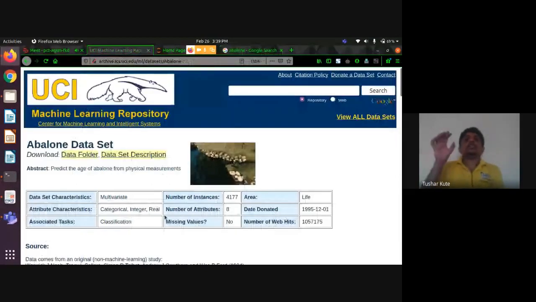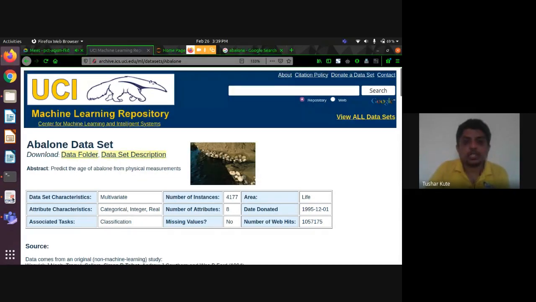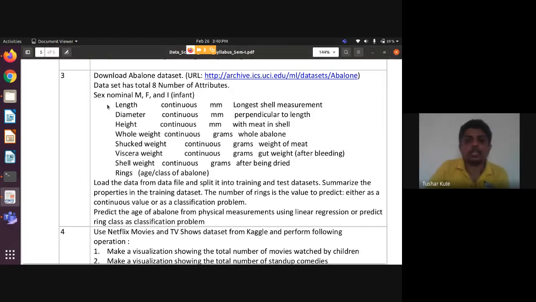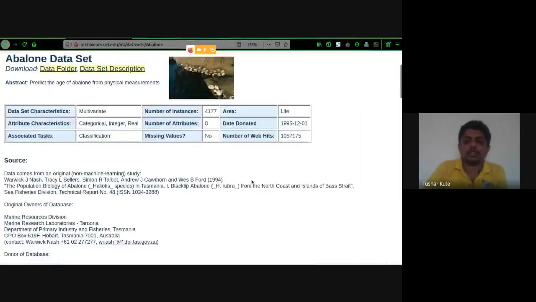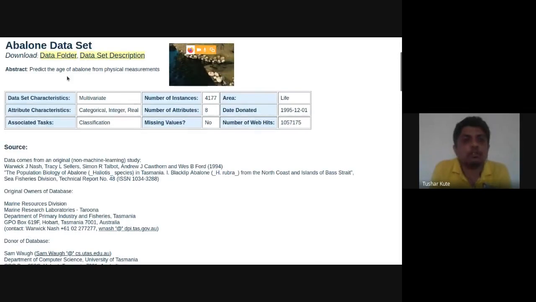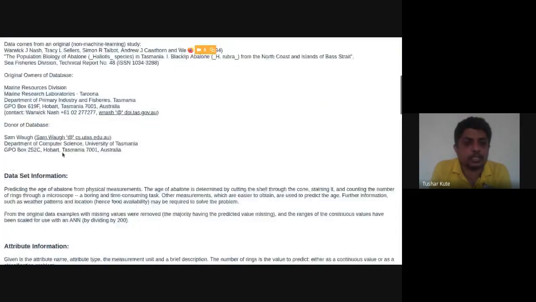Fine. And its properties are given in the data set. This is the URL: archives.ics.uci.edu/ml dataset Abalone, which is shown in your syllabus. This one. Okay, same data set. Correct. And in that data, we have 8 attributes mentioned. Everything about the data set is mentioned over here. You can just see this. All the data set is here. The description is also mentioned here.